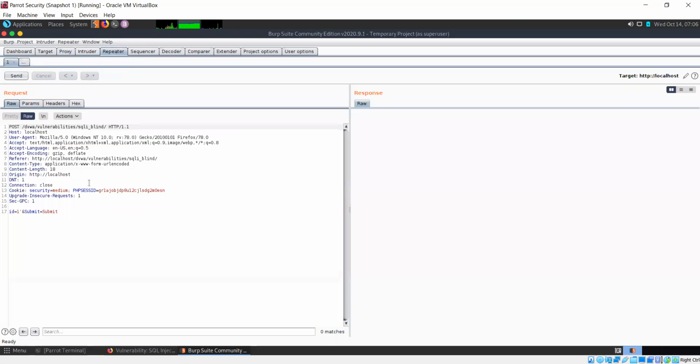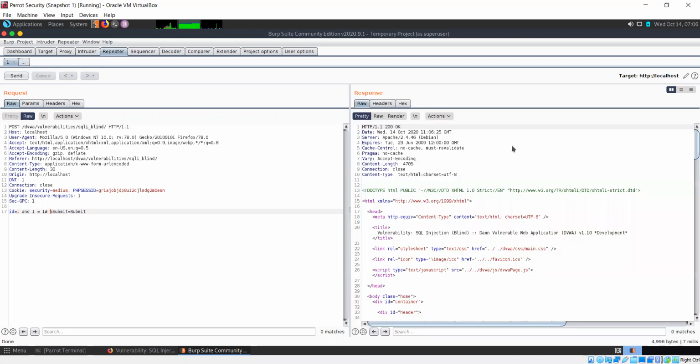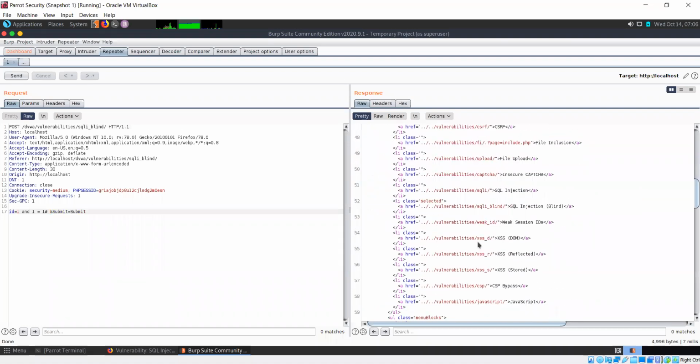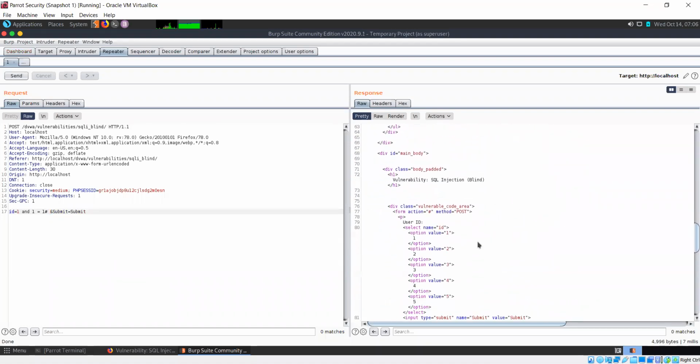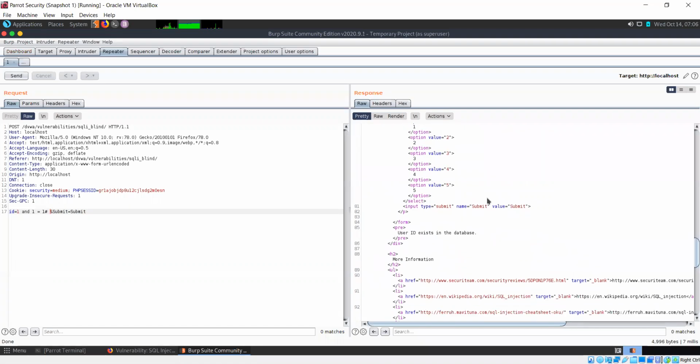We have it in repeater. In repeater, you'll see the response here itself. There's an option for render, but it does not always work. So in this case, it says user ID exists in the database.